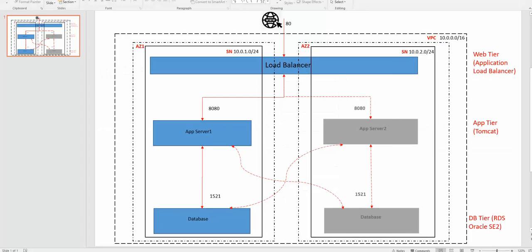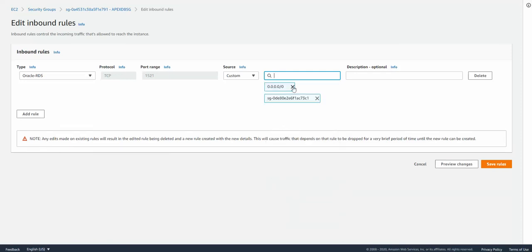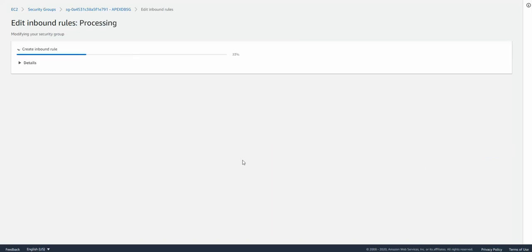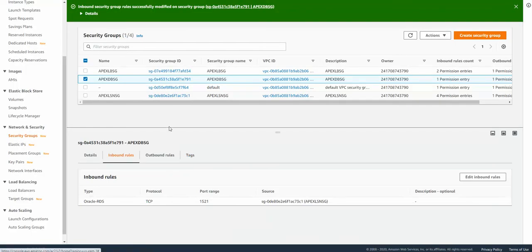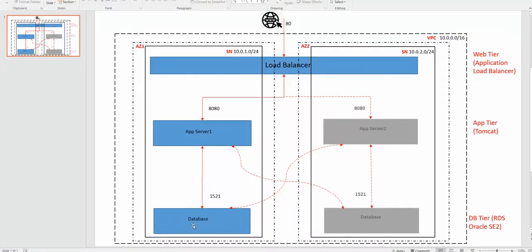The database has to listen only to app servers, so I'm going to select the listener's security group, which is the app server security group. Remove the default one, the internet one, and save the rule. Okay, that is done. Now we have protected the database from the external internet, allowing only traffic from the app server.